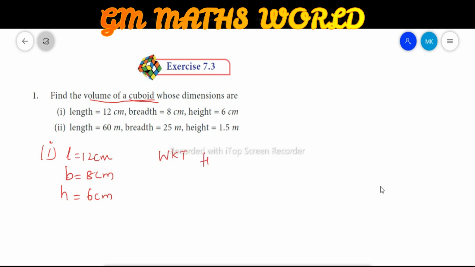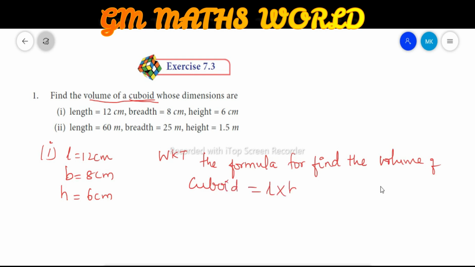We know that the formula for finding the volume of a cuboid